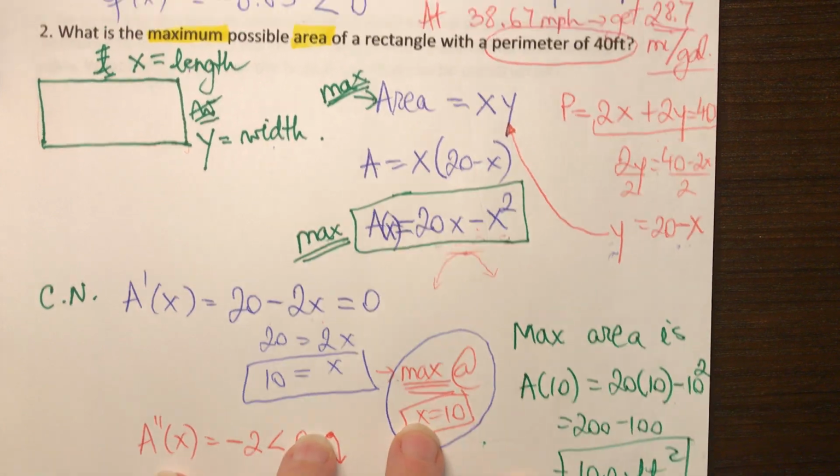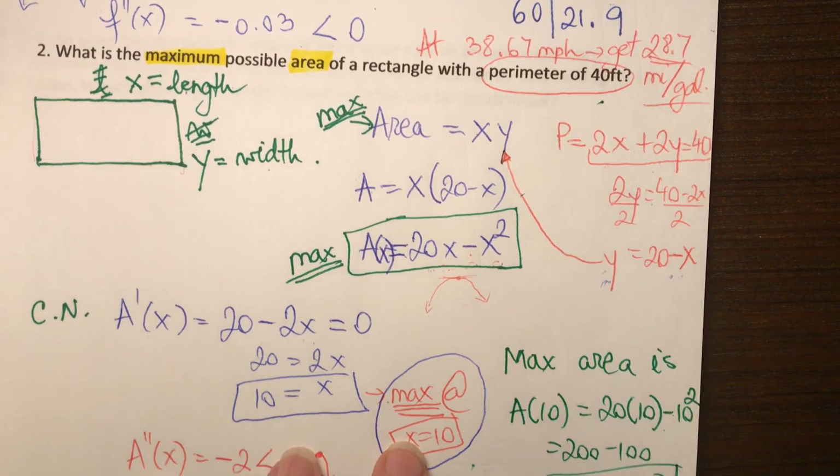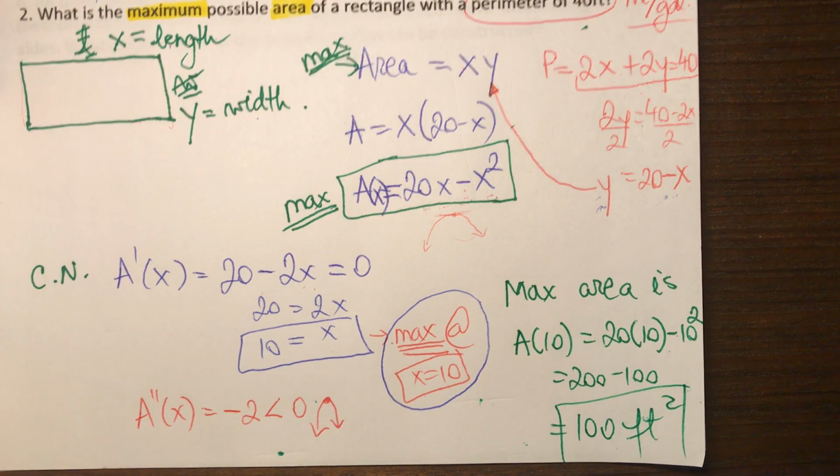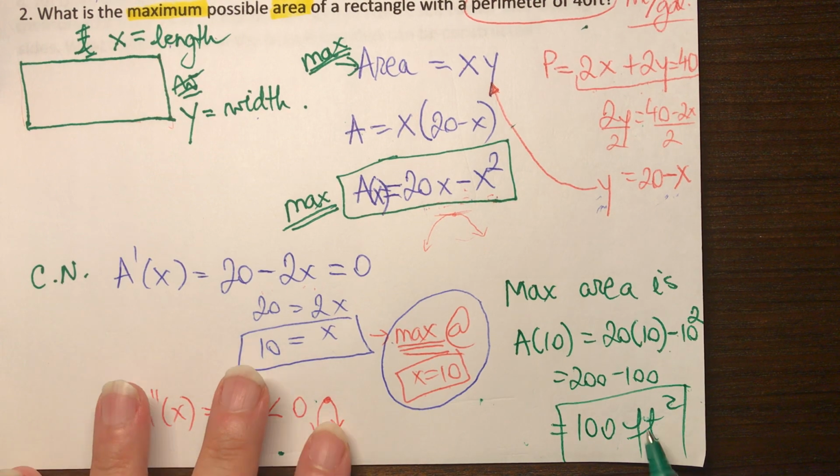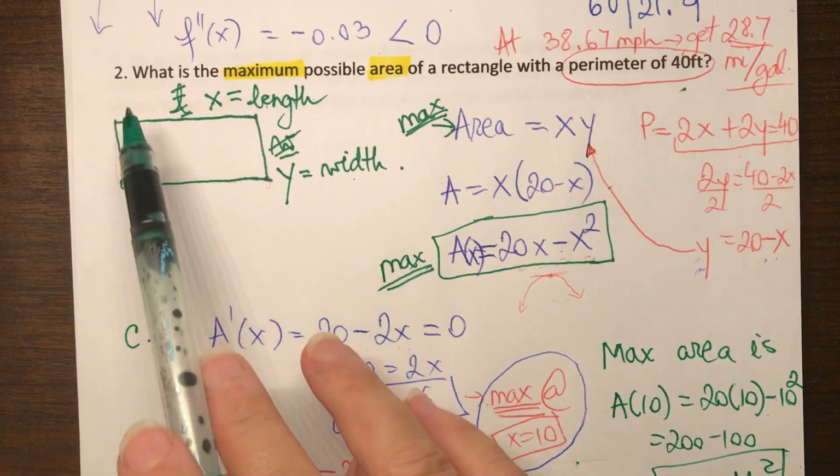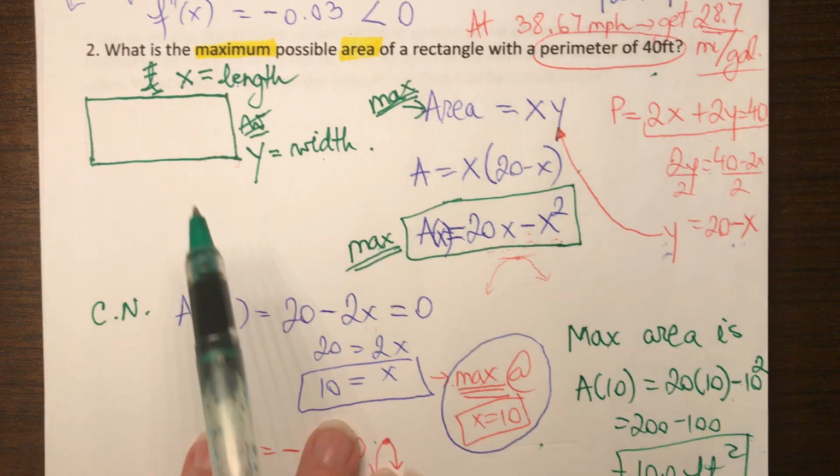So that's your final answer. And how do I know? Because this was feet, so area is square feet, and we're done. So the maximum area is going to be 100 square feet. When does it occur? When x is 10. When the length is 10, by the way,